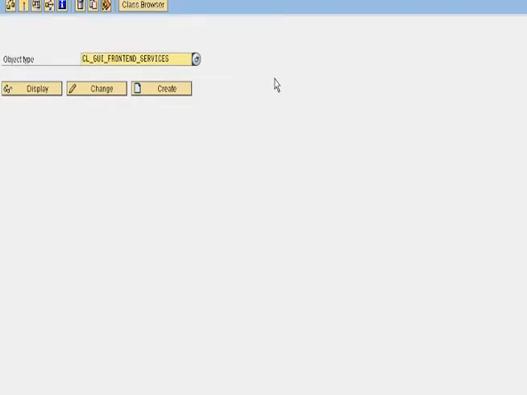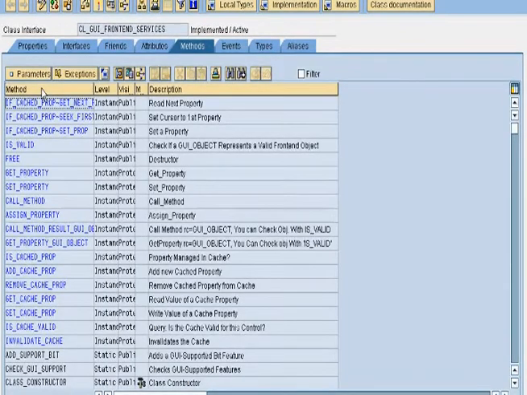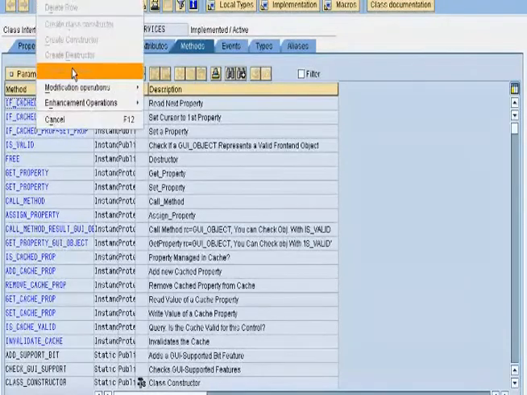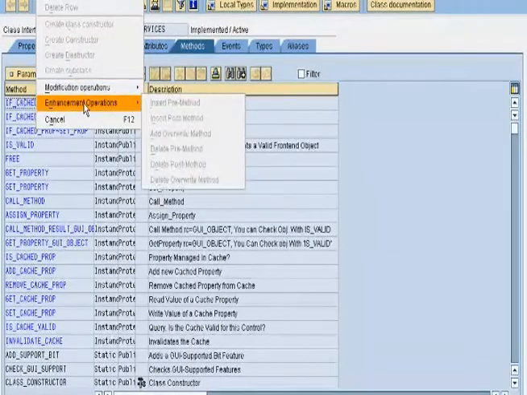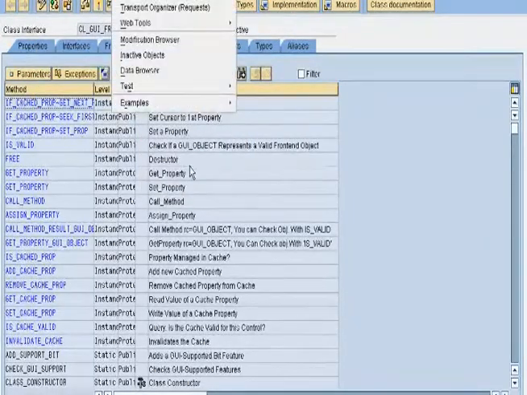Now there are different ways to enhance a class. We can add a new method, or we can add a new parameter to an existing method, or we can even insert a pre-method or a post method or override method. And these methods would be automatically invoked whenever the standard method to which these pre, post or override methods are added. So first of all, let's